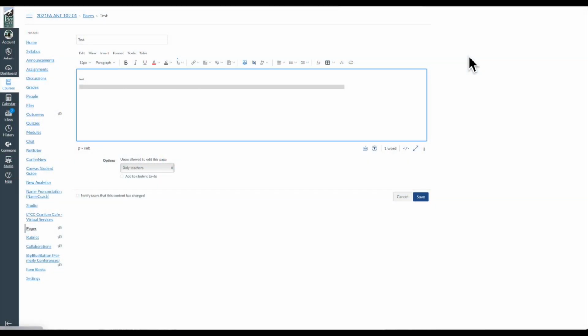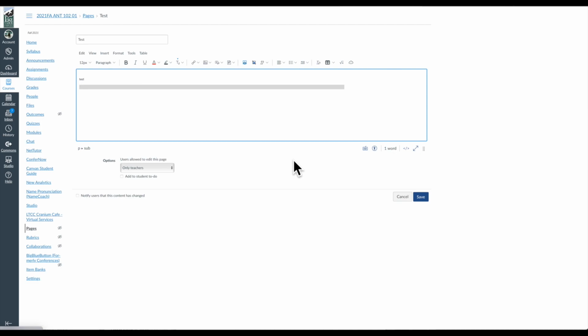All right, so as we take a look at the Rich Content Editor, I think one thing to say is that it's really one of the most important aspects of Canvas you will cover and deal with in your work here at the college. It's basically the tool that you use to create everything in your class. It could be discussions, it could be assignments, announcements, certainly pages, certainly page content for your modules. So it's really important to have a sense of understanding of what you're getting into in terms of using this